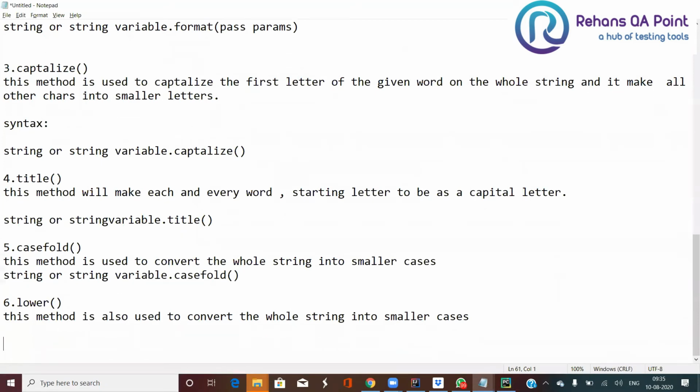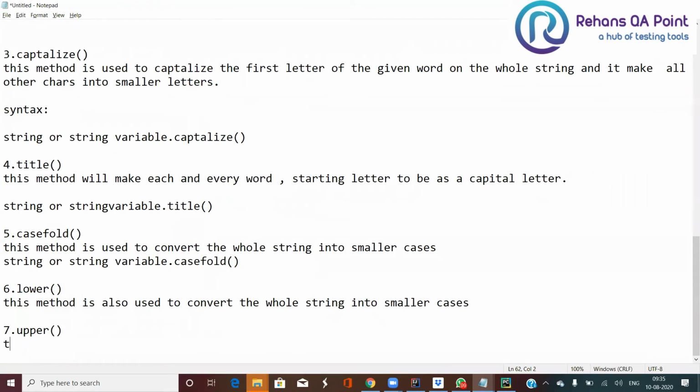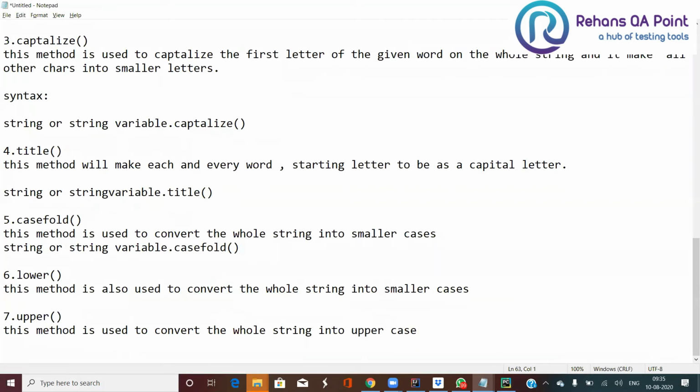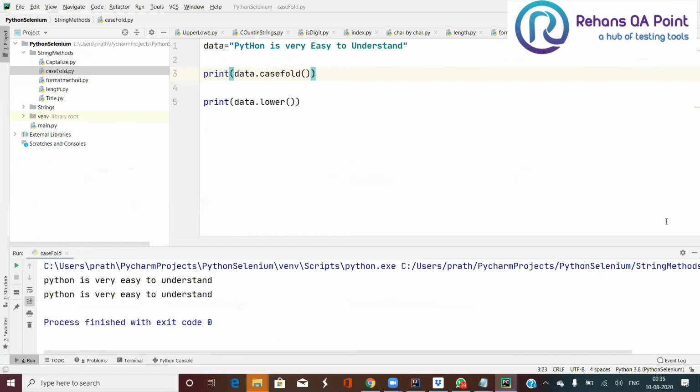The next method that I want to bring here is called upper. This method is used to convert the whole string into uppercase. So how can I do that?